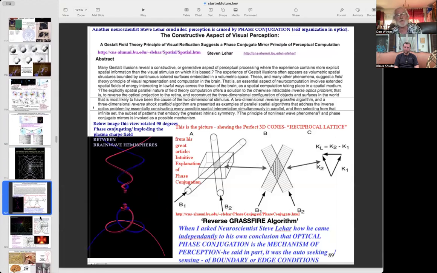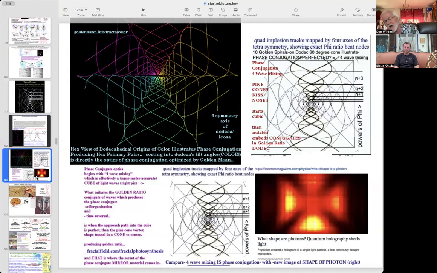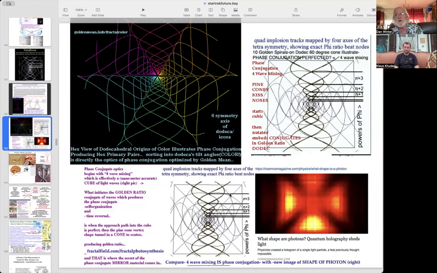And so many other sources have agreed that this phase conjugation is the cause and mechanism of perception. You get an eyeball because the plasma vortex of charge inside your head has come to focus, and that's called phase conjugation. And that literally turns into an eyeball, and we see that when children see without their eyes. And this is a picture of the optical origin of the photon right here on the right. Does that look like 4-wave mixing?